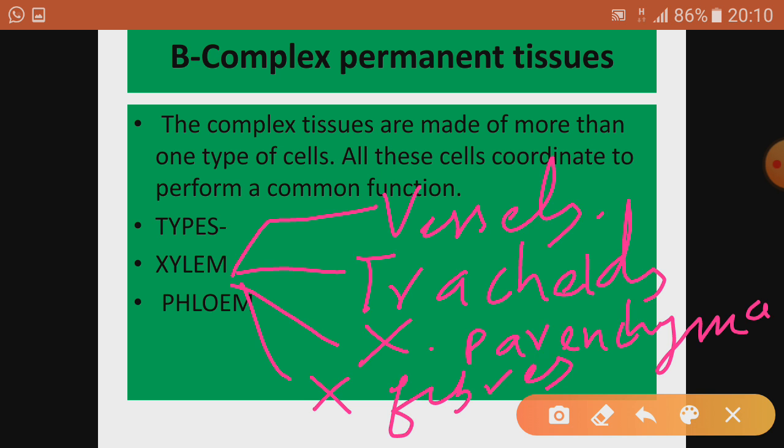So basically xylem is a tissue and it is made up of four types of cells, namely vessels, tracheids,